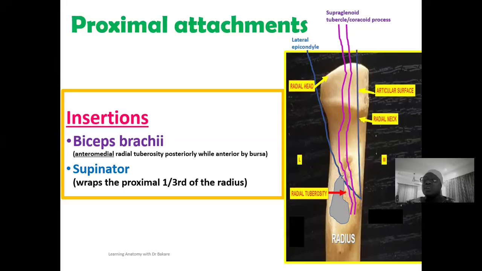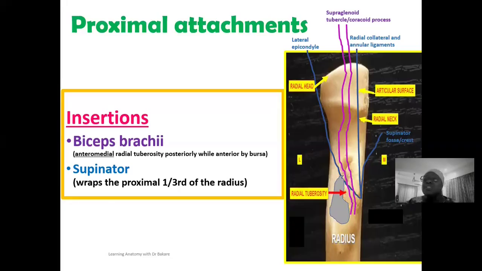It is also seen to originate from the radial collateral ligament and also the annular ligament. Then finally, it is seen to take its site of origin from the supinator fossa and also the supinator crest of the ulna. If you go back to our lecture on the ulna, remember we described the supinator fossa and also the supinator crest. So you see that the supinator muscle, of course, is seen to have multiple sites